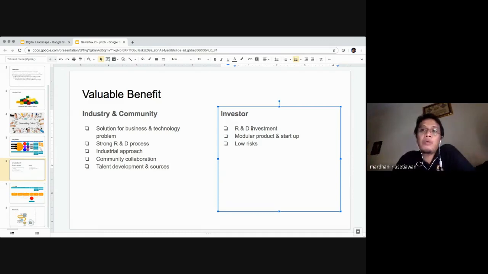And then you will have a modular product and startup. Sometimes in the middle of your startup development you need a change, or we call it a spin off, because of some situation. It will work more easily to spin off if you have a small product. It will be very hard if you need to spin off but unfortunately you have a big product, so it will be very difficult.